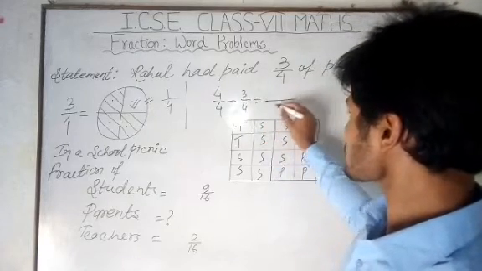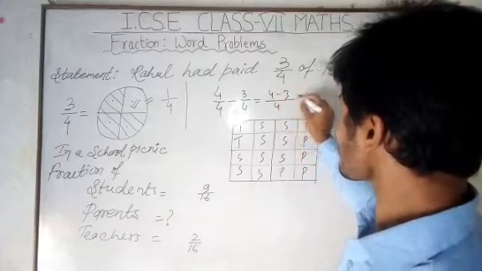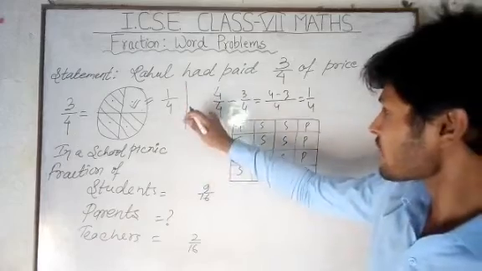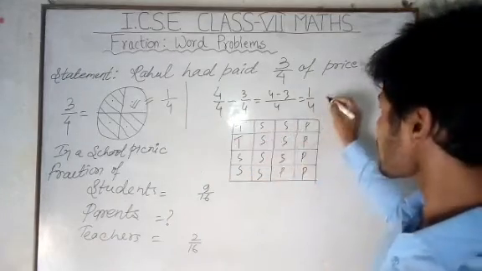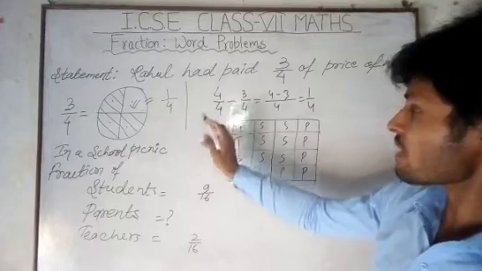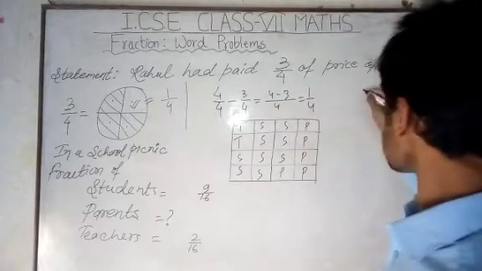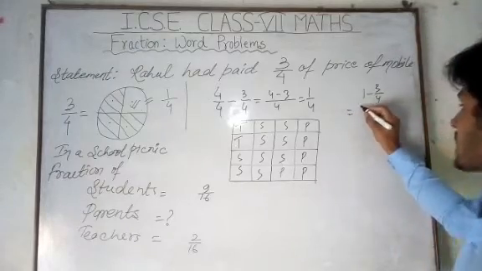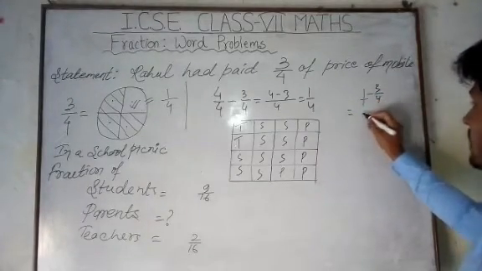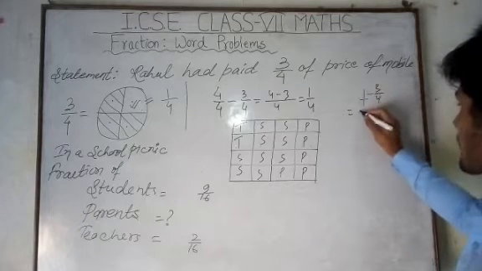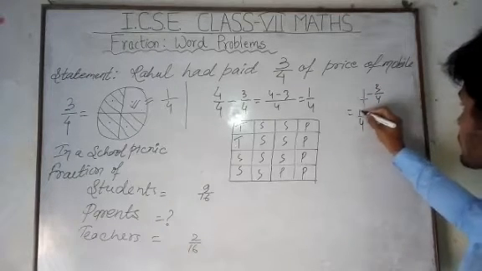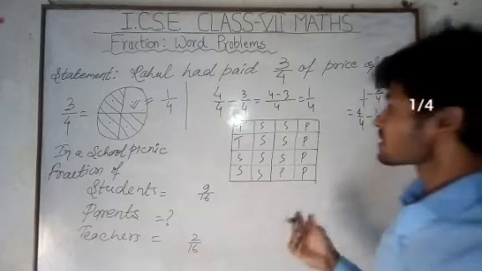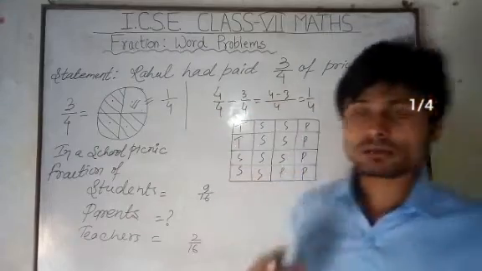You all know how to subtract fractions. So 4 minus 3 becomes 1 by 4. Sometimes this 4 by 4 is represented as 1, because you all know 4 by 4 is 1. Suppose we have 1 minus 3 by 4. Then this 1 can be represented with denominator 1, and we make them like fractions. So it becomes 4 by 4 minus 3 by 4, which is 1 by 4.